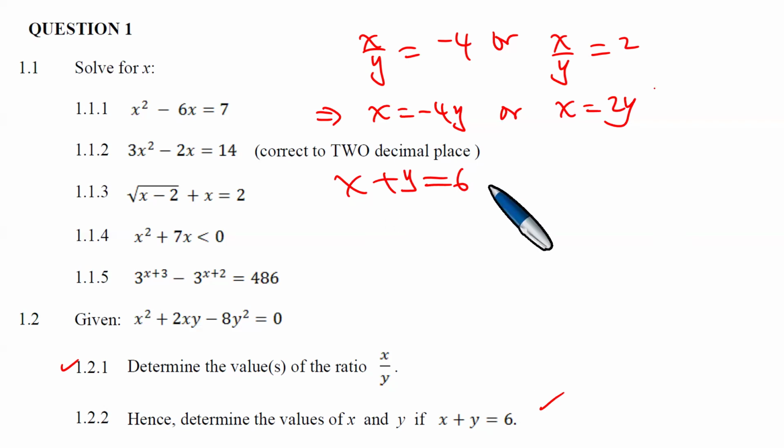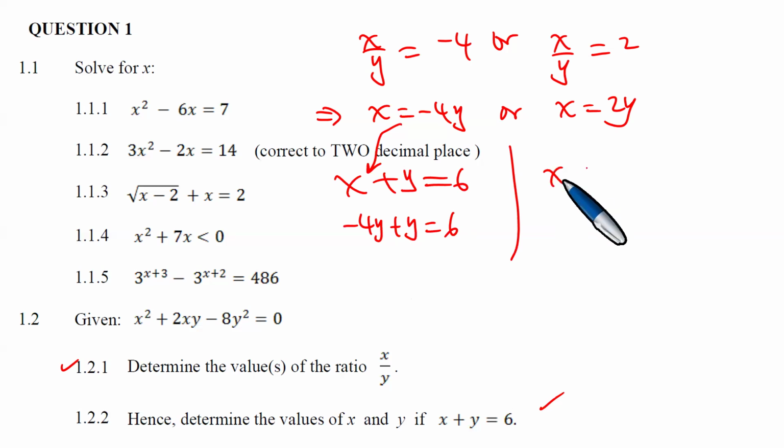Right. So now we want to get the value of y. So we can take this one and plug into this, which means that wherever there is x, we put minus 4y plus y equals 6. What is minus 4y plus y? And then also, if you have x plus y equals 6, wherever there is x, you put 2y,